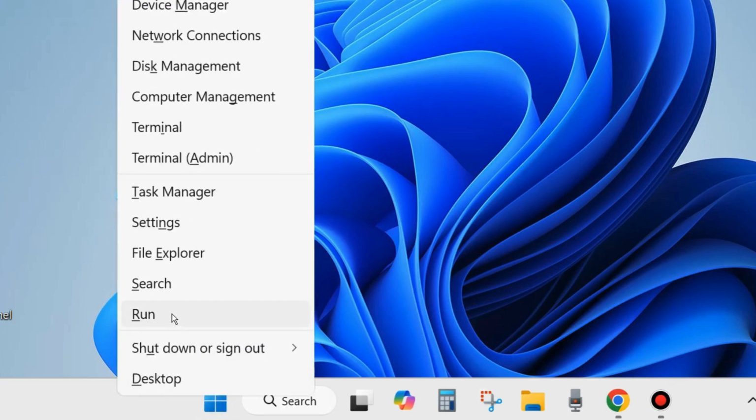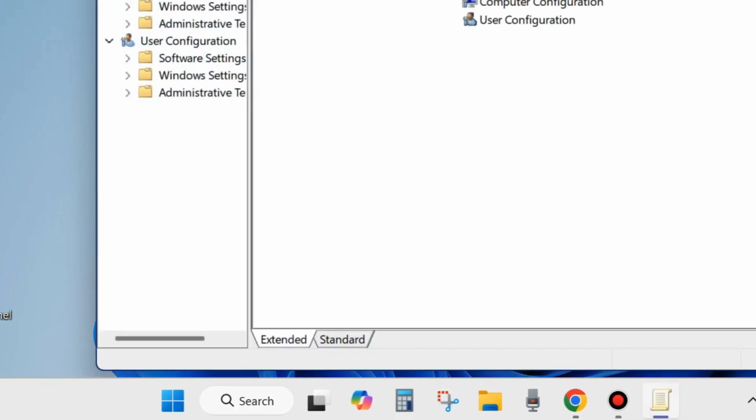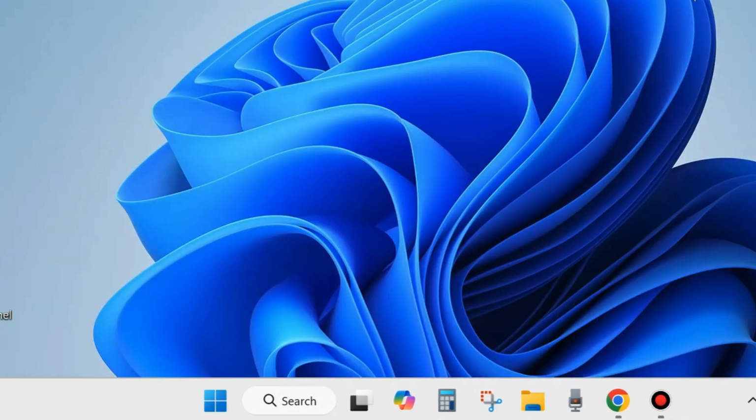After restarting your system, right click on the Start button, choose Run and type gpedit.msc. Now it will successfully open the Local Group Policy Editor in your Windows 11 or 10 Home edition, because the Local Group Policy Editor is only for